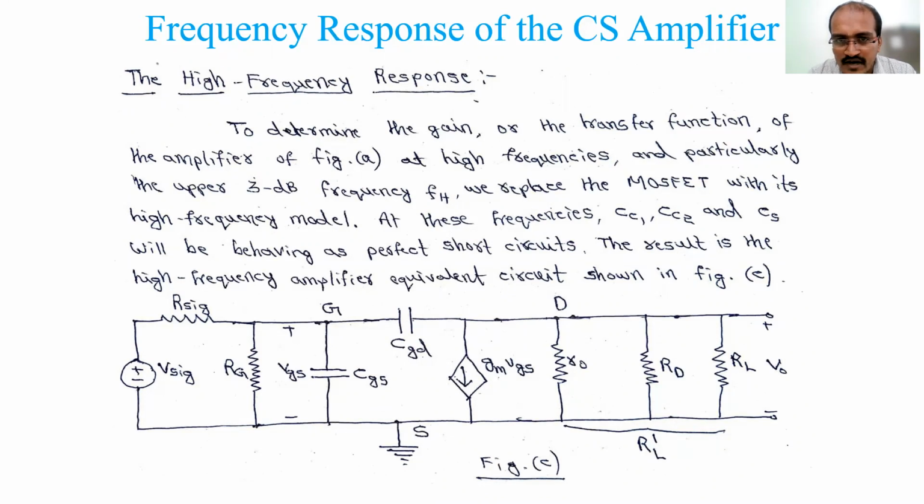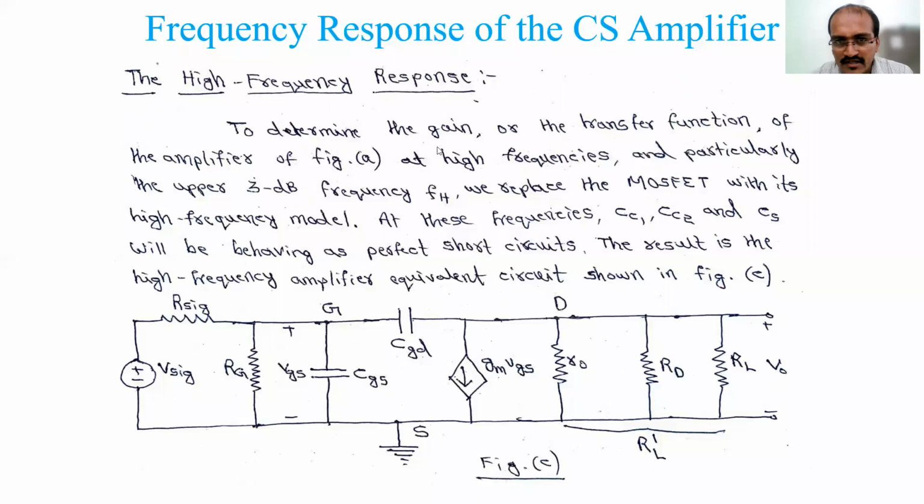For that, we will take the same common source amplifier which we used in the previous analysis, and we'll replace the MOSFET by the high frequency model instead of just the hybrid pi model with gm, VGS and r0. Along with it, we'll consider the gate to source and gate to drain MOSFET internal capacitances, through which we derived a high frequency MOSFET model. Finally, it reduced to only two capacitances, that is CGS and CGD. We'll use that for the analysis.